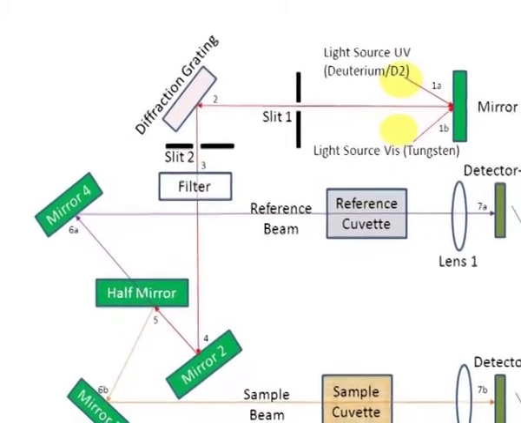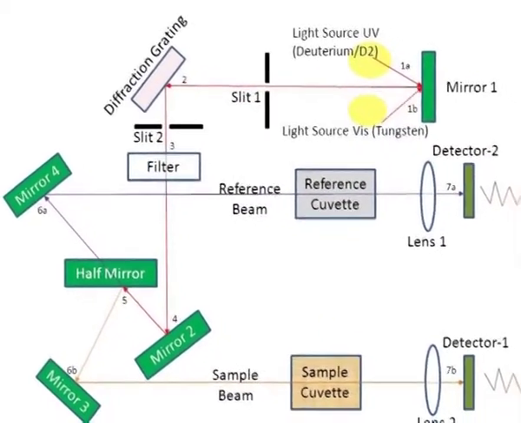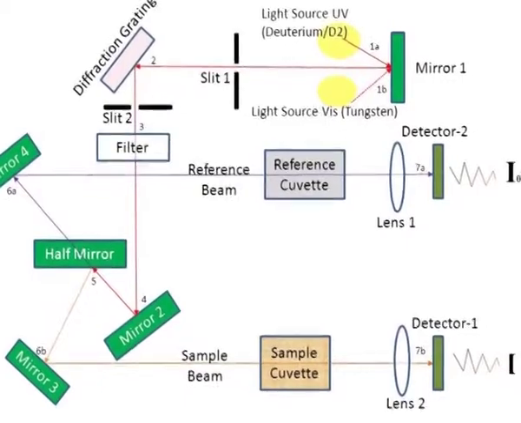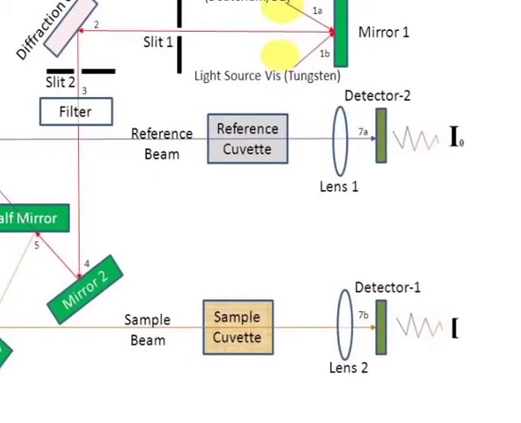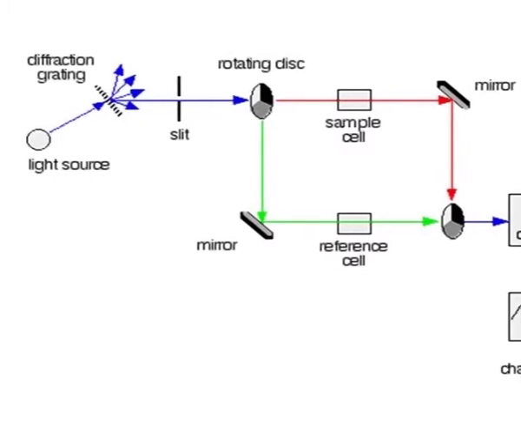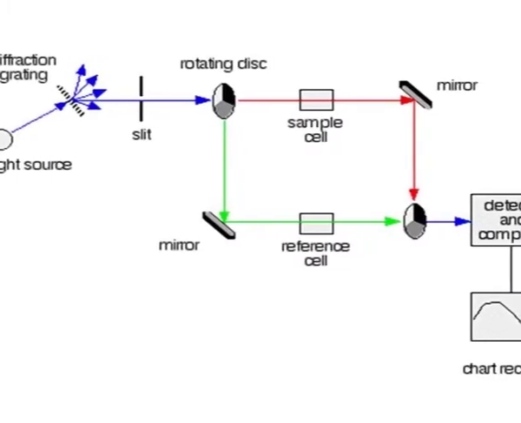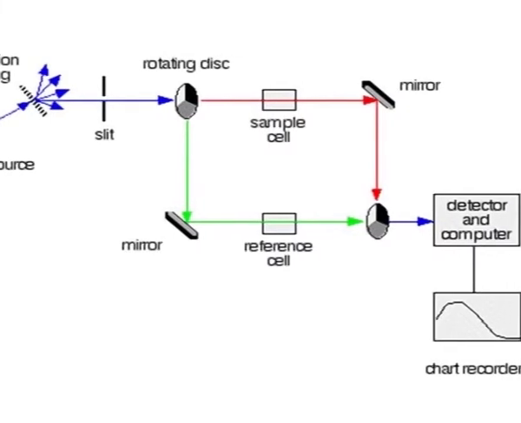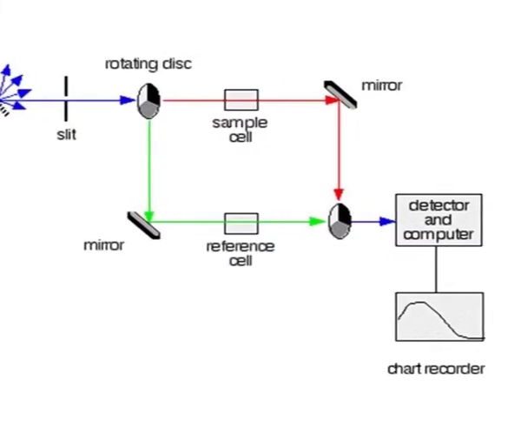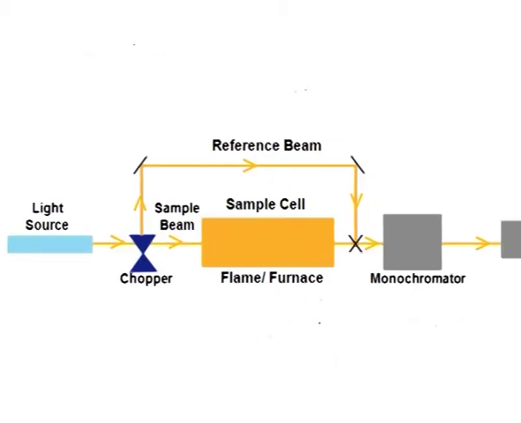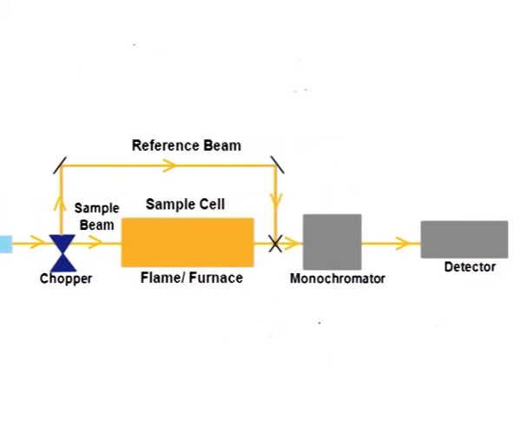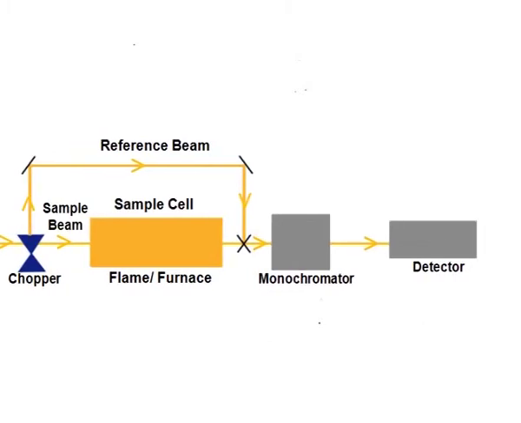The two beams pass through a beam chopper which blocks one beam at a time. The detector alternates between measuring the sample beam and the reference beam in synchronism with the chopper. There may also be one or more dark intervals in the chopper cycle. In this case, the measured beam intensities may be corrected by subtracting the intensity measured in the dark interval before the ratio is taken. Figure 2 shows the diagrammatic representation of double beam spectrophotometer systems.